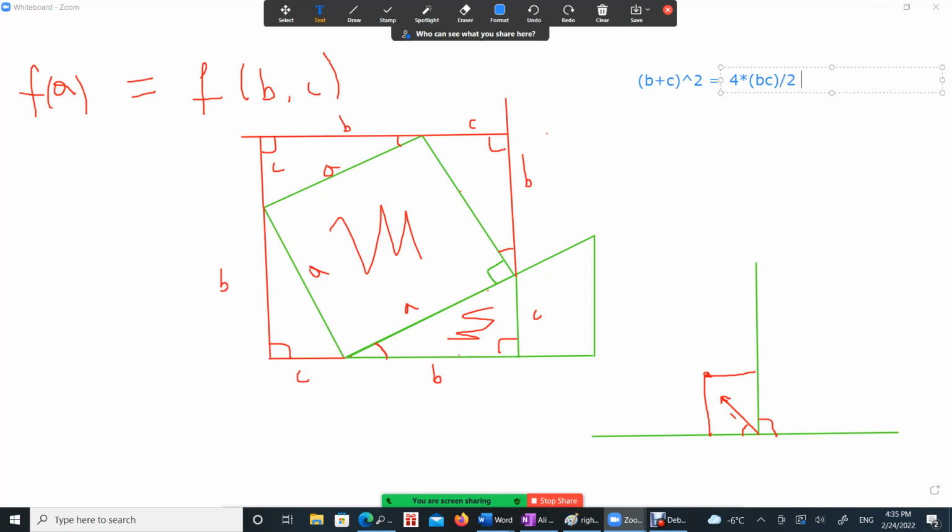And we would add to that the area of the square, which would be the side times the side, squared, raised to the second order. And now